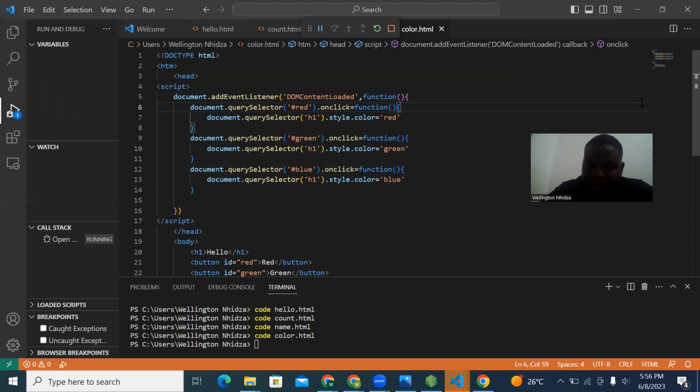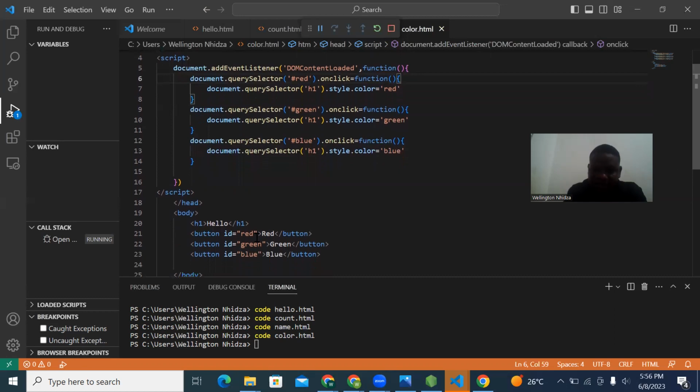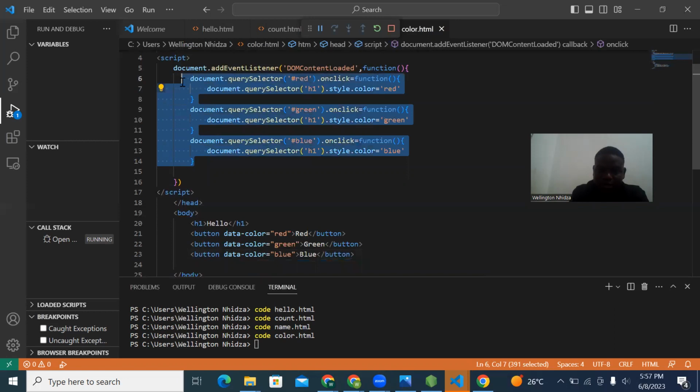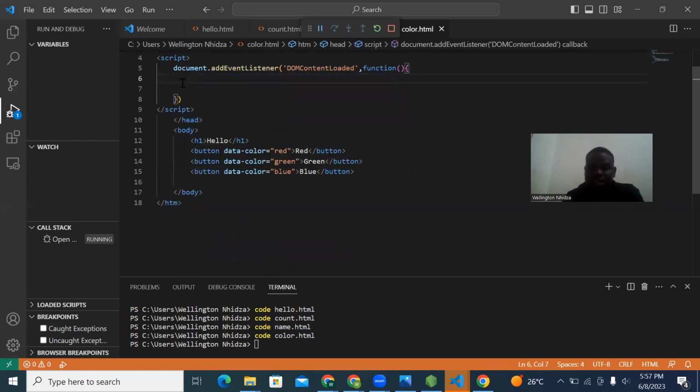What we can do now is change this. You can change this to data dot color, like here. And here we say data color, and here data color, like this. So now we have to change the whole of this, and we say now